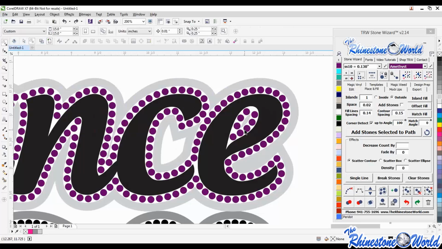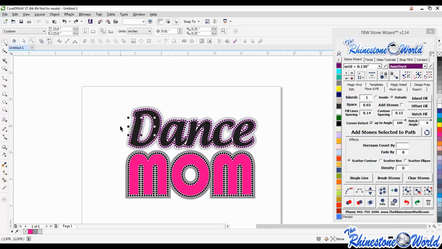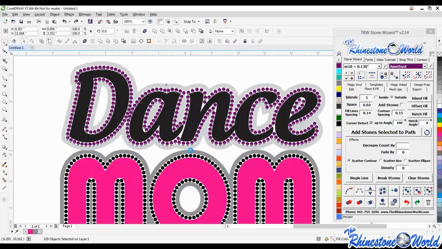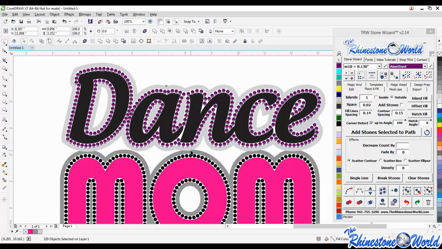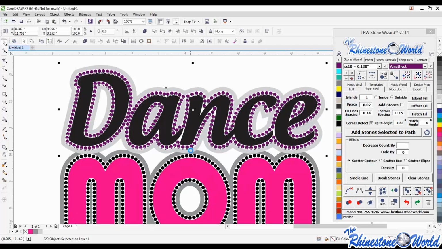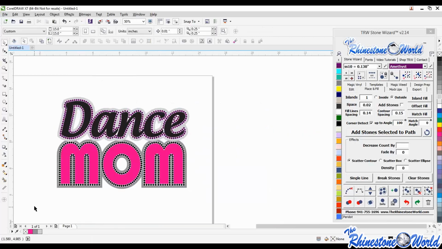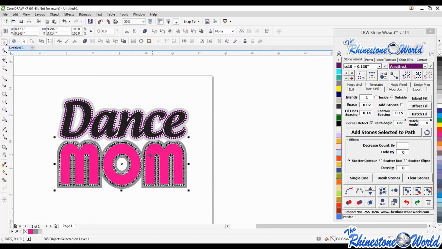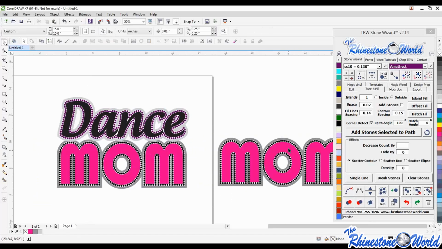All right, perfect. So we got our Dance Mom design. I'm going to get off my freehand pick tool here. I'm going to highlight the entire design, and now I can just use some arrows. I'm just using my arrows to edit it. So I'm just going to line it up right now and see exactly where I want this to go. I'm going to say, it's looking good right about there. I'm looking at the bottom part of my gray area there, and I would say we're looking pretty good. So just for my next design, so we don't have to recreate it all, I'm going to duplicate that. So I just dragged it over and right-clicked. And let's go ahead and,